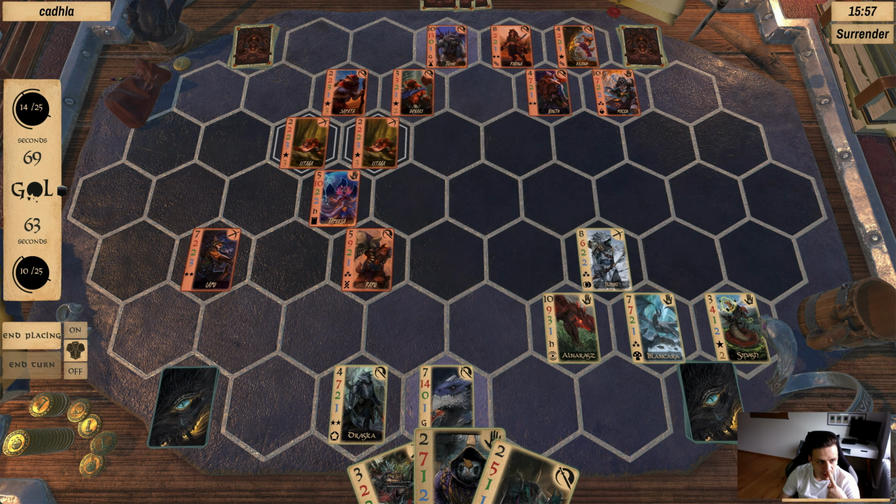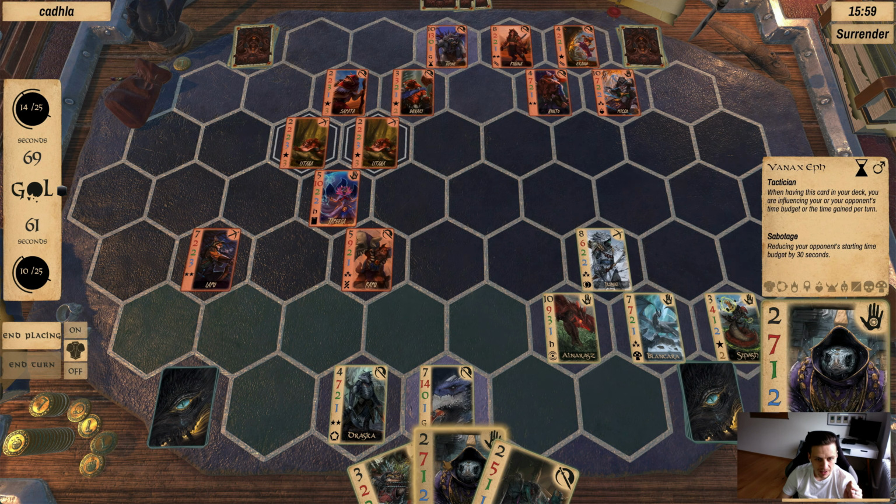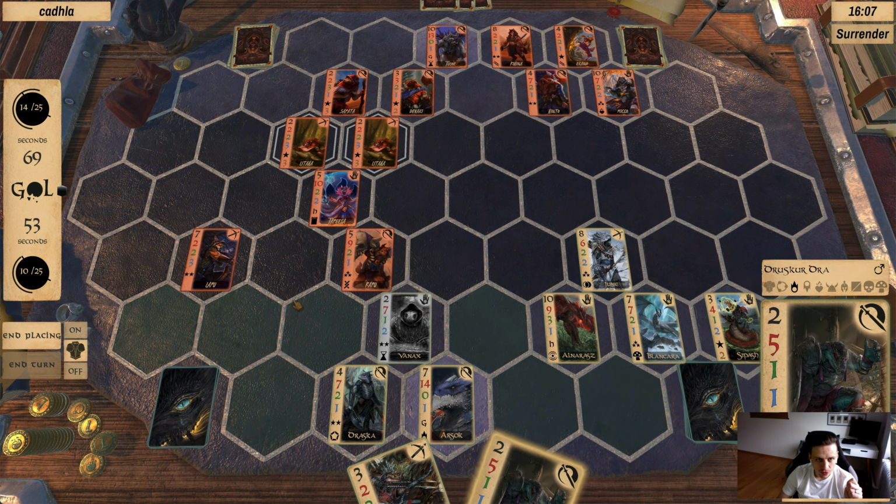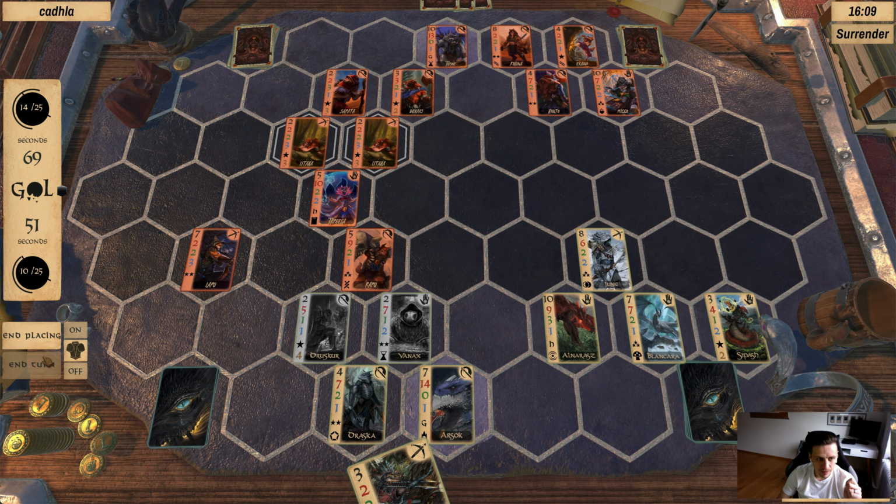All right, we will place Manax right here. Then we will place Drusko again right there. And placing phase, we will use Draska for. I would need, I'm just 1 card shy of. Okay, no, I can't do that. We will